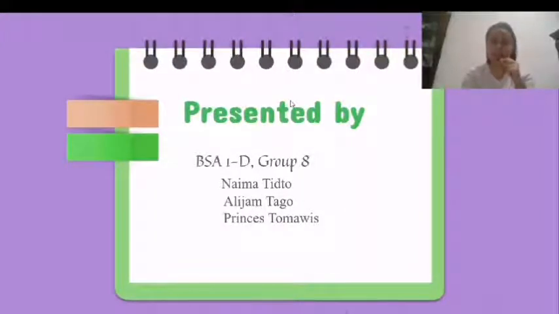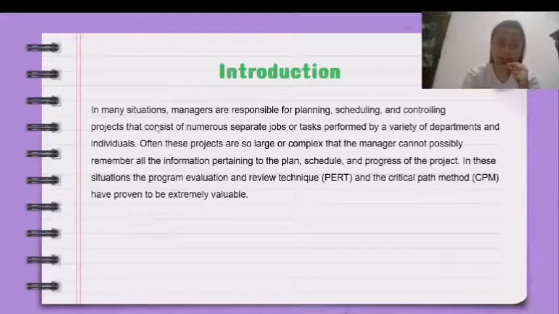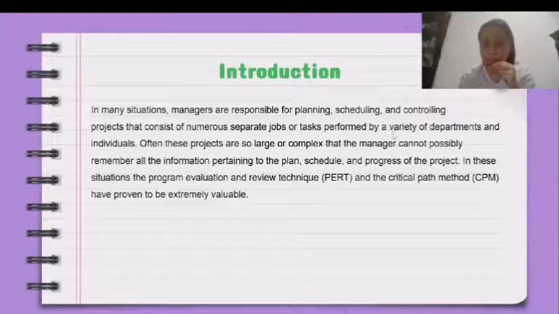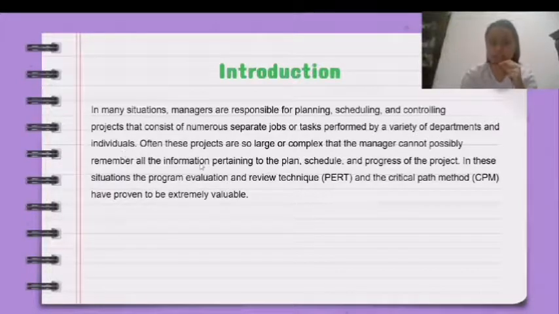In many situations, managers are responsible for planning, scheduling, and controlling projects that consist of numerous separate jobs or tasks performed by a variety of departments and individuals. Often, these projects are so large or complex that the manager cannot possibly remember all the information pertaining to the plan, schedule, and progress of the project. In these situations, the program evaluation and review technique (PERT) and the critical path method (CPM) have proven to